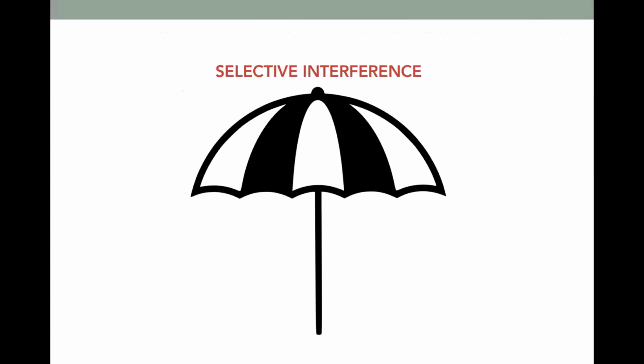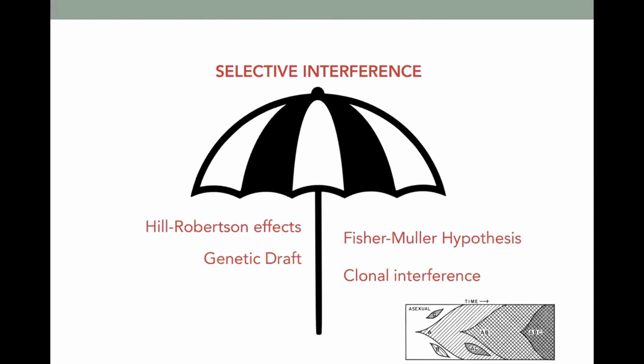So the way I see this is selective interference is a broad umbrella term that encompasses a lot of different phenomena that we've been talking about in evolutionary biology, including Hill-Robertson effects, Fisher-Muller effects, clonal interference, and genetic draft. Felsenstein suggested we use the umbrella term Hill-Robertson effects for all of these, but I suggest that we use instead selective interference, simply because I think that's a more accessible term for people outside of the population genetics literature. But I agree with him that Hill and Robertson were clued into the important effects going on here.